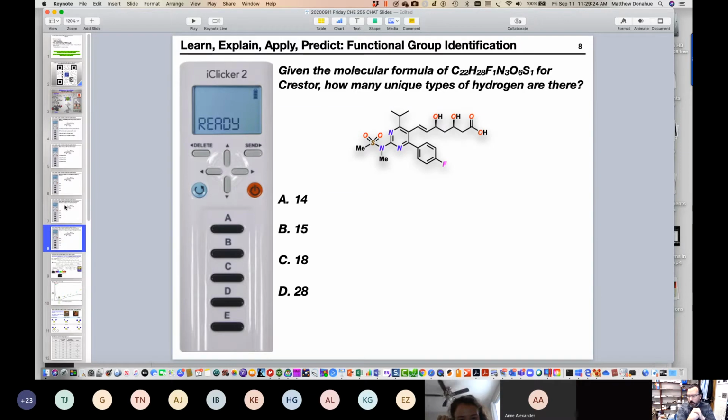So we'll let a couple more people answer before we get into it. Again, symmetry will... hydrogen is a bit different from carbon in the following sense because an sp3 hybridized carbon can have 3, 2, 1, 0 hydrogens attached to it. So again, we're still looking at symmetry, but we're going to use the term hydrogen sets, so that's what we mean by unique type. So how many different sets are there?